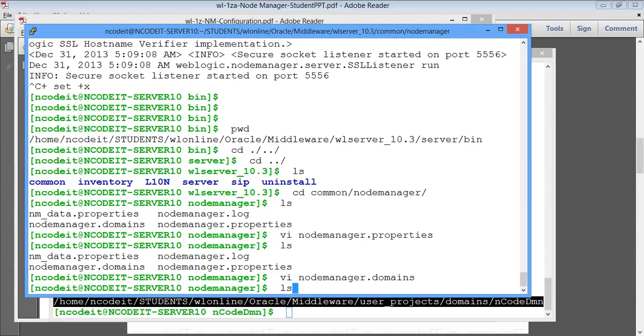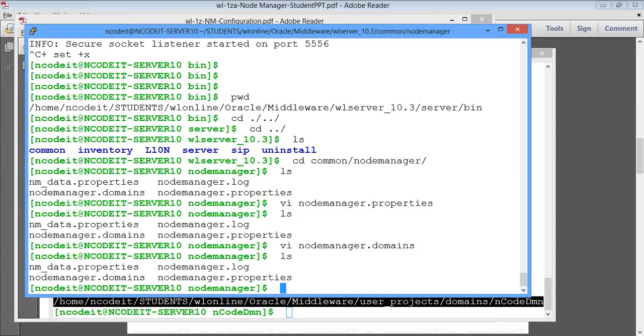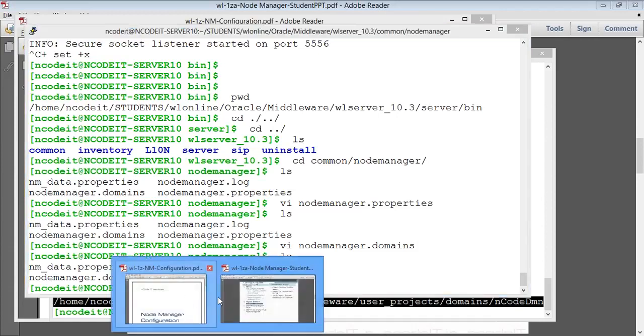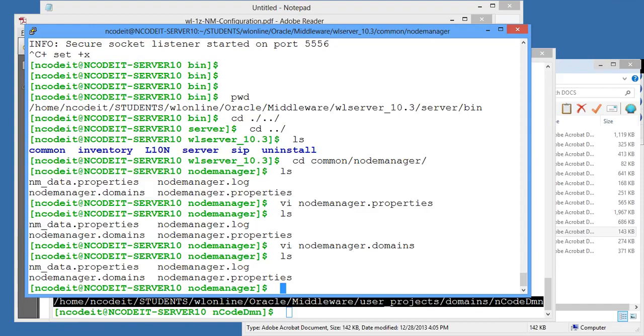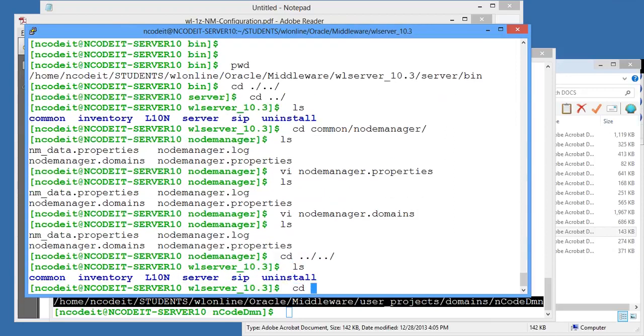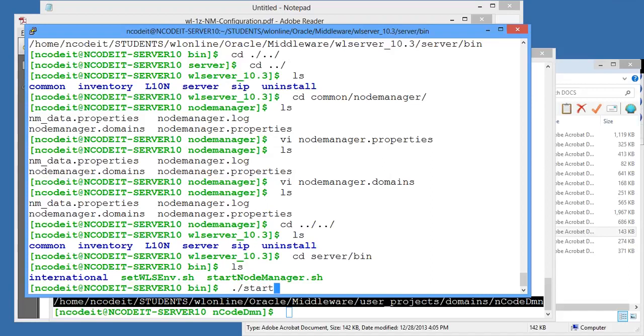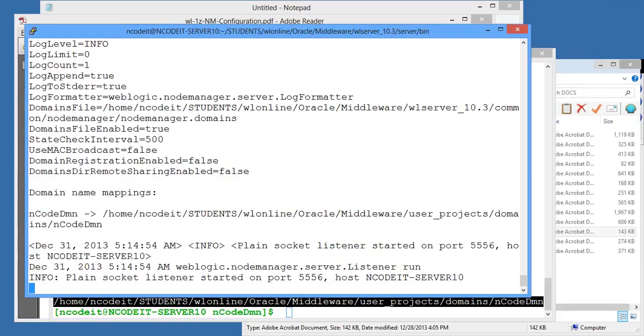Then both are ready. You are pretty much done with your configuration, literally. So once you are ready, start your node manager. So let's go to the location, server bin, startNodeManager.sh. Now it's listening